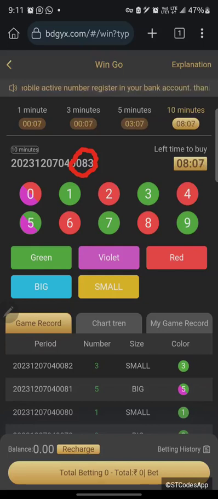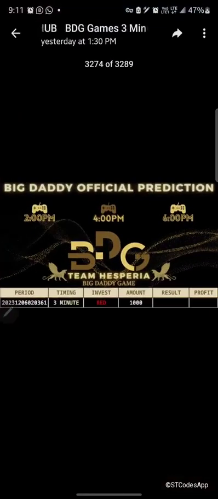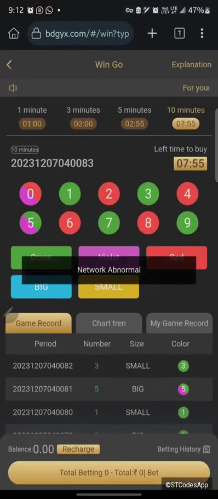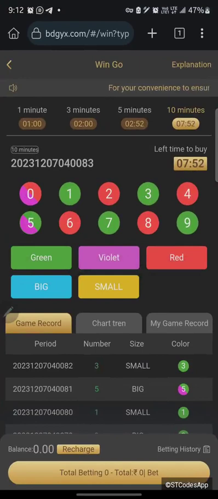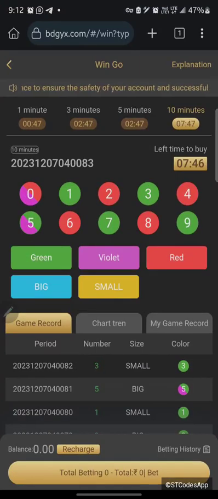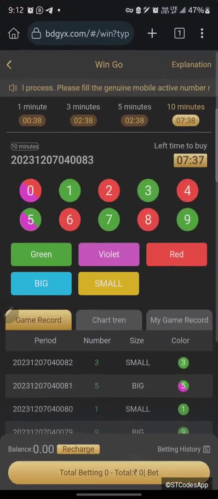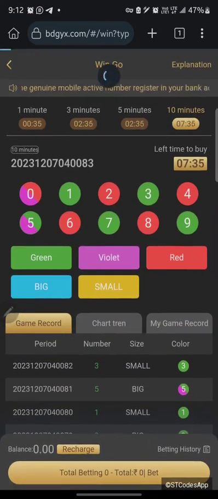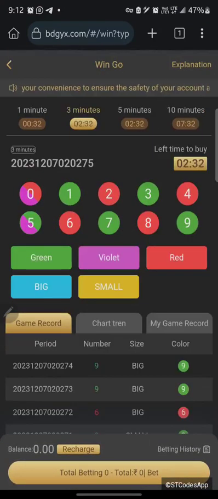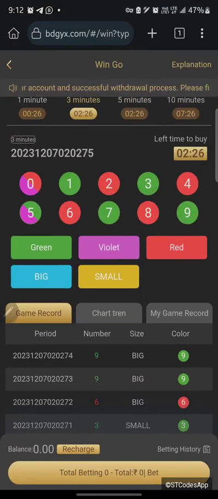When the game is being posted and the period of the game is 361, and you come to this place and you see network abnormal, it probably means that your phone is too slow to keep up with that signal. After seeing something like that, you don't go ahead and play the game. First of all, look at the period. If you are seeing 360, it means that you are still behind. So just refresh and make sure that the period you are playing is the same as the one being given in the signal. If it's 361, make sure that it's 361 that is showing here. Then you go ahead and